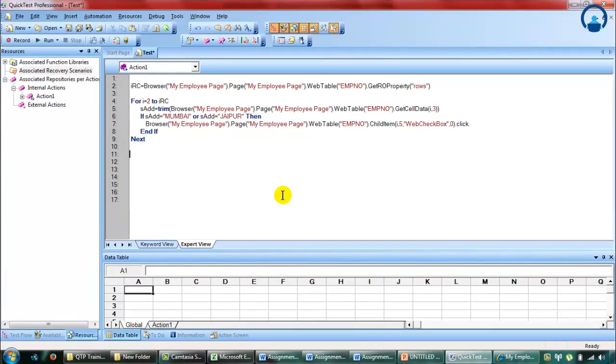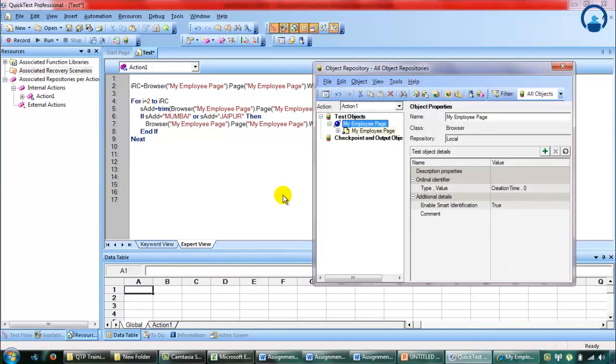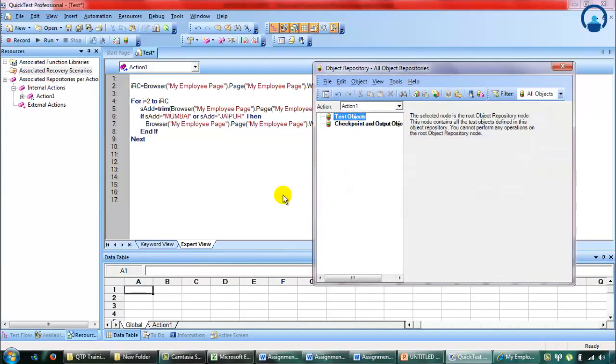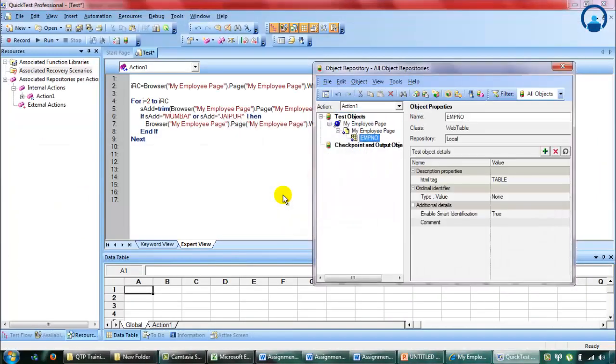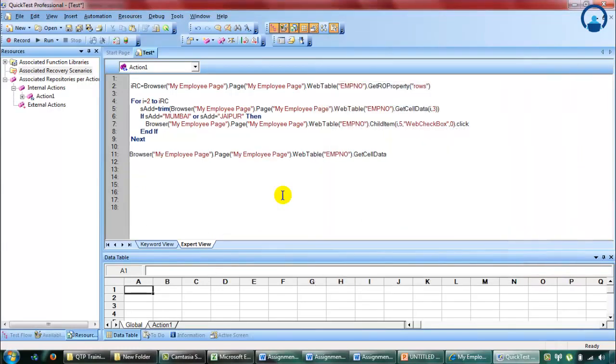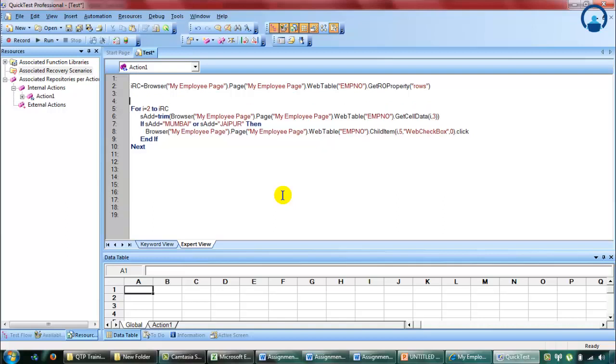Now the code for this is somewhat similar to the earlier example with minor changes. First of all we need to change the object which we have added. This is not the object which we need for this code. So using the object repository, I'll add this web table and just drag it. The web table name is exactly the same. First of all I have to count the rows. I have to start with 2 to RC as we did earlier. We'll take the name from the user this time. So let's say InputBox, the name, we'll take it in SName,